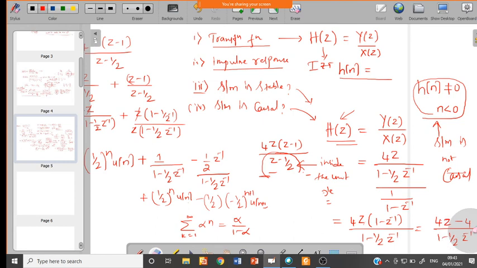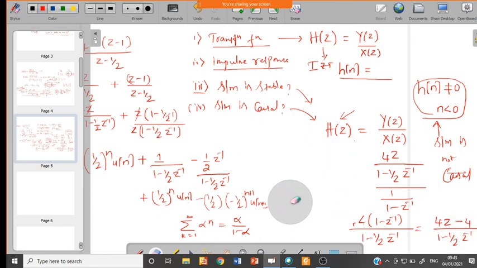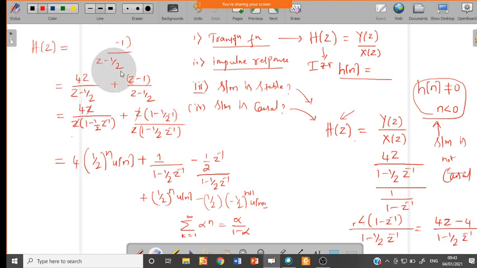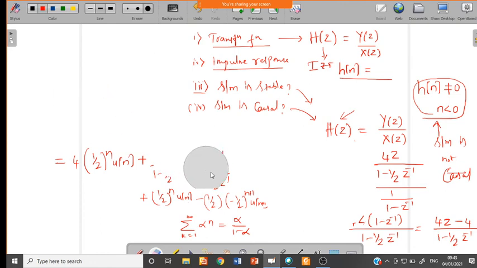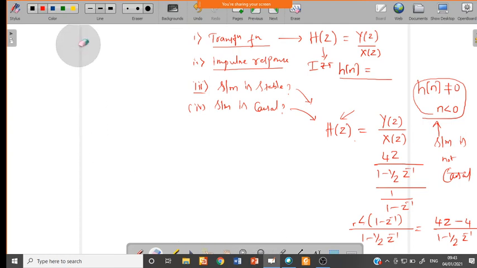What we are getting here. So I think we have taken the split, so we can take this equation and we will get 4z minus 4. So we'll take this and do it, because it is n plus alpha, starting from k equal to 1 here. K equal to 1 means it is from the positive side, so u of n minus 1 will come. So u of n plus 1 won't come.